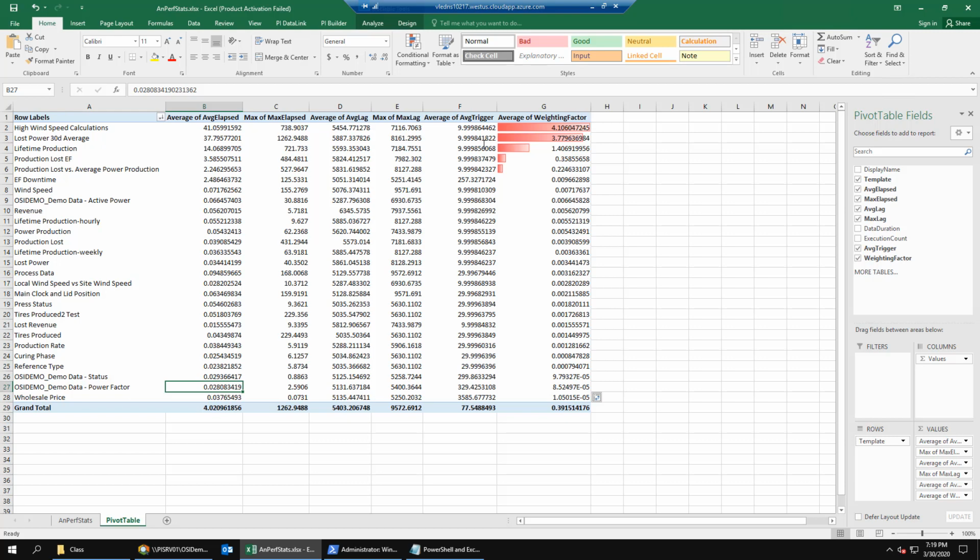One way to deal with this scenario is to add an additional column indicating how many instances of each analytic template there are, and factor that into the weighting factor by multiplying it in the calculation. This will weigh the analytics with more instances more heavily. Another way to deal with this scenario is to contact OSIsoft technical support. Technical support has a special tool that will extract performance data for all analytic instances. The output of this tool can be used to create a similar pivot table, but with more detail about how many instances of each analytic there are.